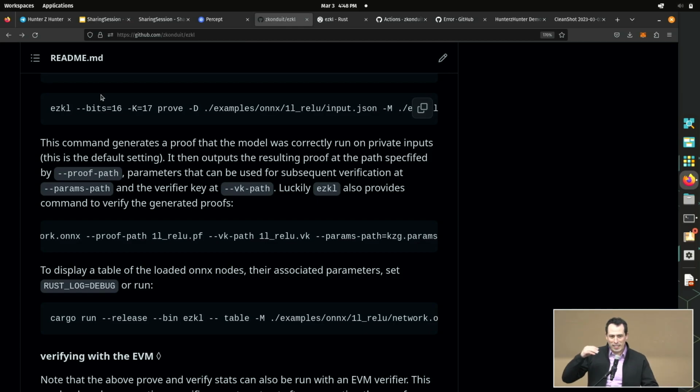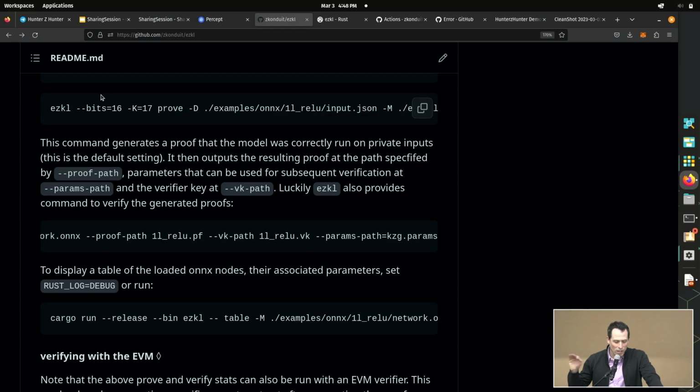A lookup table basically does the following insane thing. I'm going to write down every possible input value of the function and the matching output value, and I'm going to prove that in my trace, everything that came out is somewhere in that table. So that seems incredibly inefficient and insane, and yet it's the best we really can do so far. Those arguments have gotten better and better. The nice part is that cost is constant. So even if my function is super complex, if I say, give me ReLU of sigmoid of tan, divide by 7, blah, blah, blah, that all gets compressed into one table.